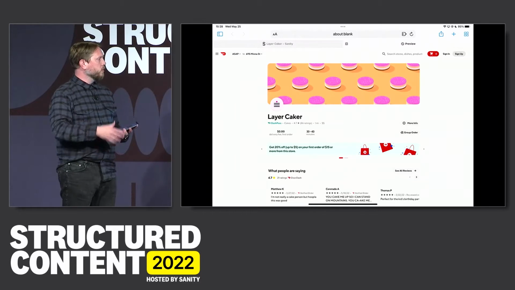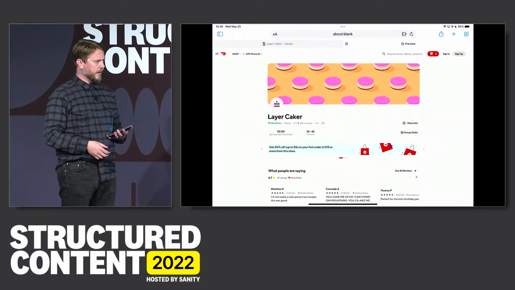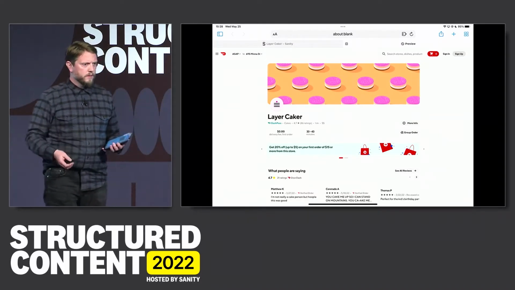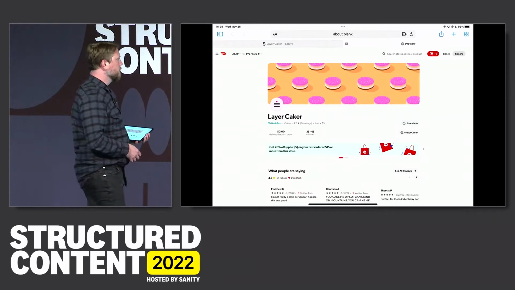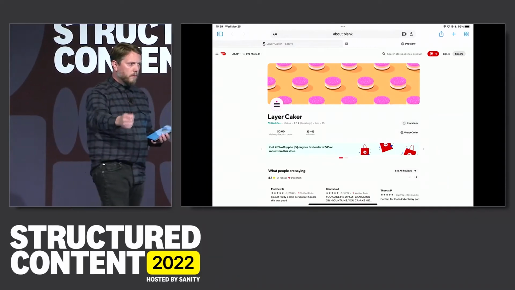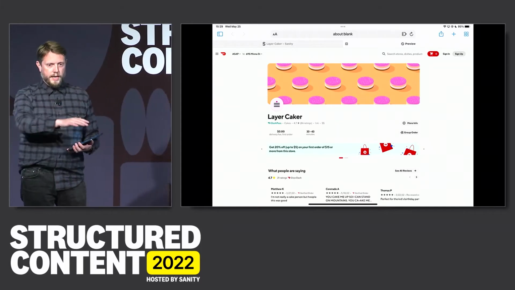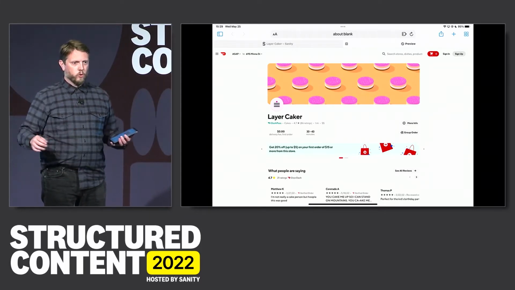And now, with your newsletter and everything else you do, you realize that people love the cakes, but they also want to make your cakes. They want to make them themselves. They're invested in this now. And you should help them make your cakes. That means you should open source the cake layers. It's a great growth hack.